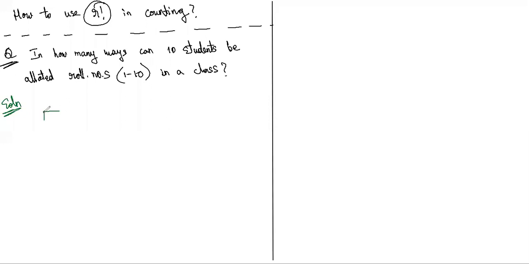Okay. Let me just make a similar thing. Let us say we have a position for each student. Let us say the teacher draws chairs. All of you have chairs in your school. Hopefully, you have chairs, benches, whatever. So let us say you have 10 chairs: chair 1, chair 2, and so on till chair 10. The teacher is very kind. She actually writes the roll number on each chair.